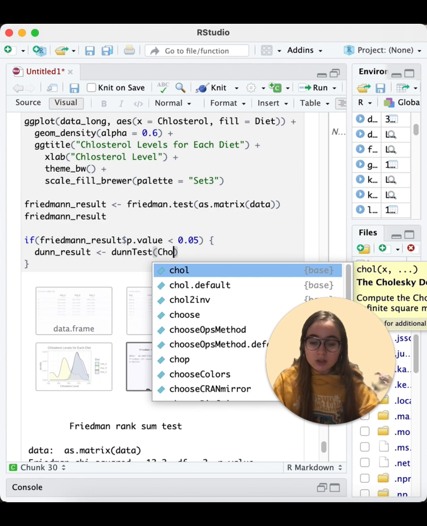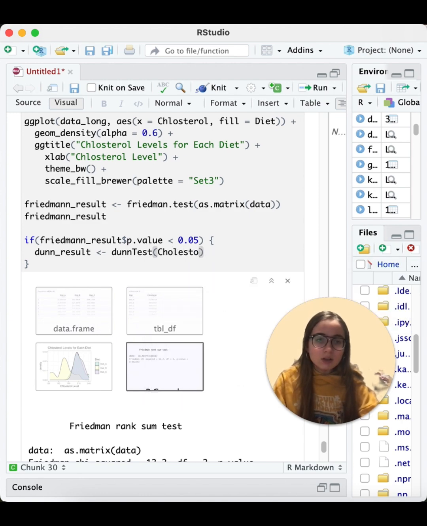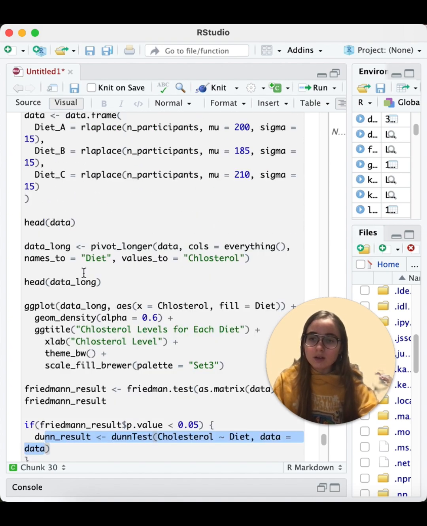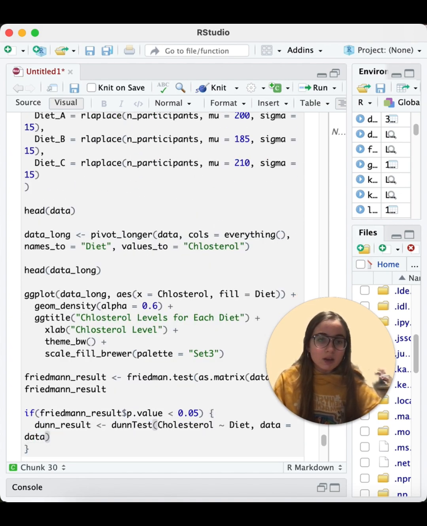We have the cholesterol. Then we have the diet. Data is data long. And then